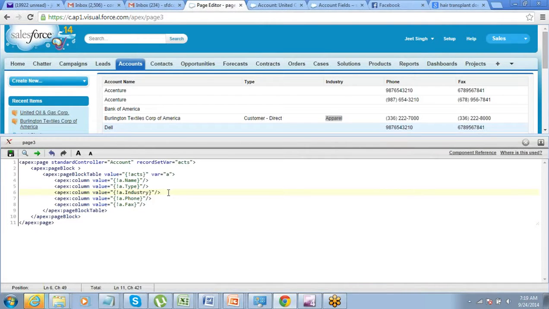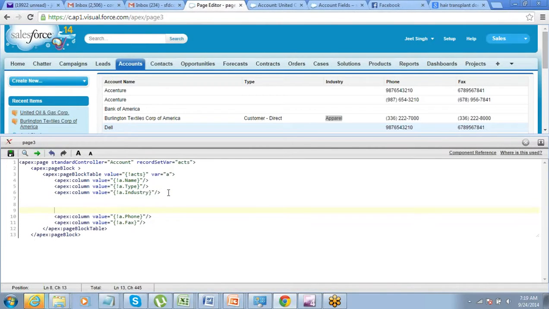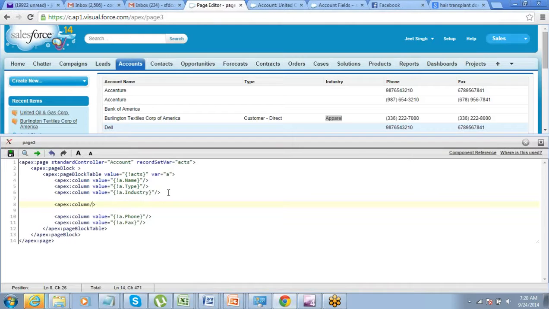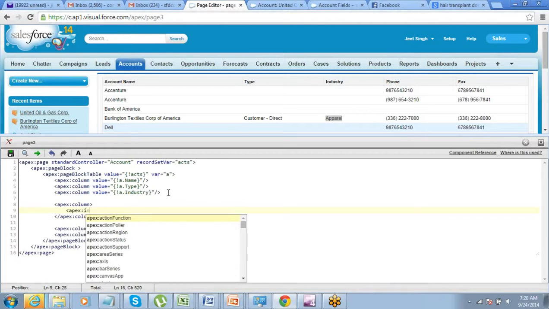So if you have to make it an input field, you just have to define it this way. See this. You have to start a column, Apex column, and then you have to close the column. If you want to make it input field, you have to start and close, and between the start and close you have to put input field.